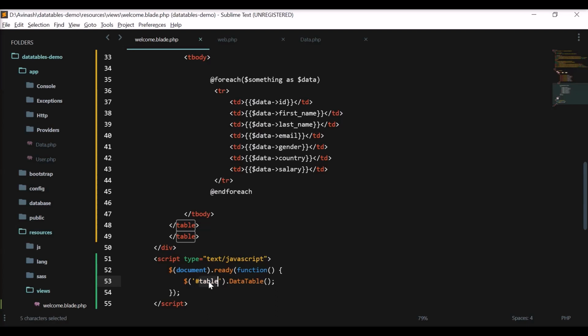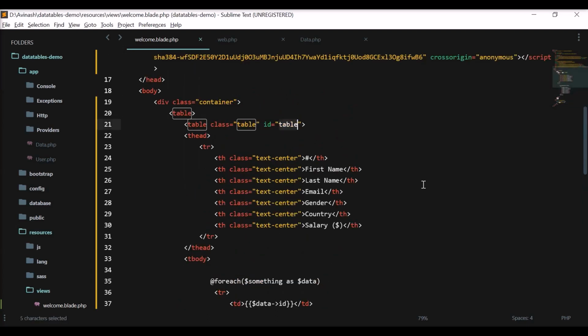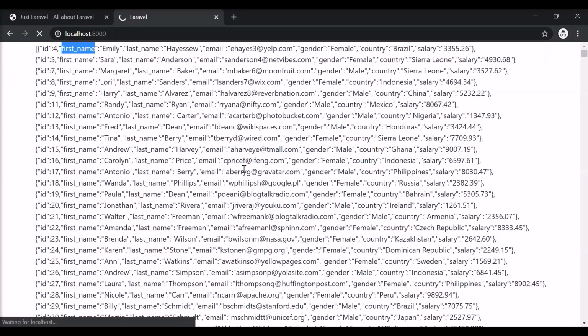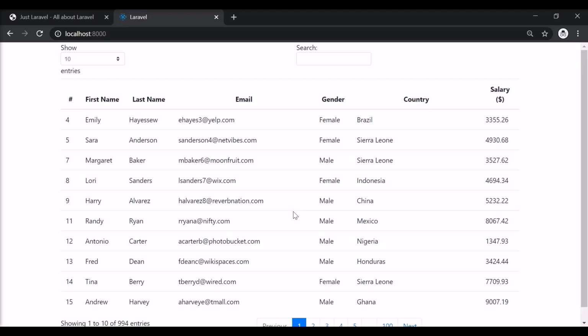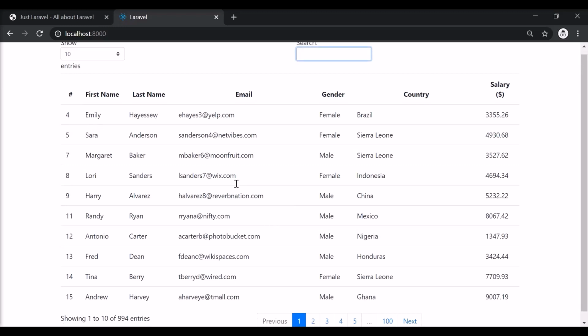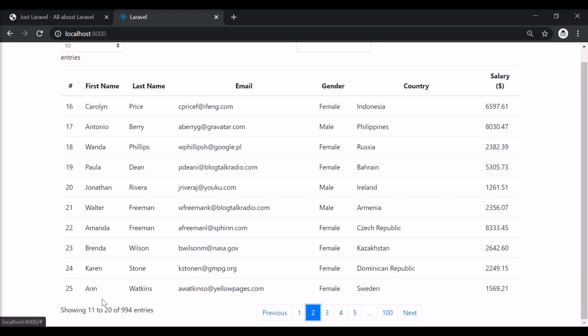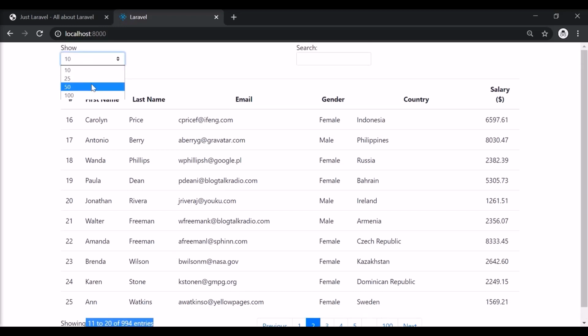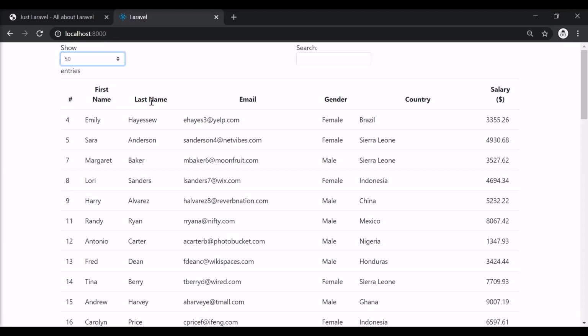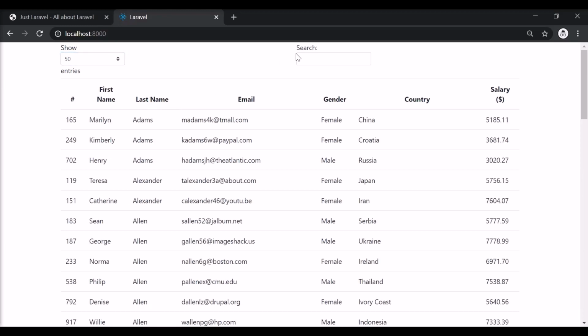This hash table is the ID of this table. So let me go into the browser and run. Let me refresh this, and bam, you see this? We have this search functionality, we have this pagination which is working perfectly. It's also showing how many entries there are. We can filter by number of entries, and sort by ascending or descending.